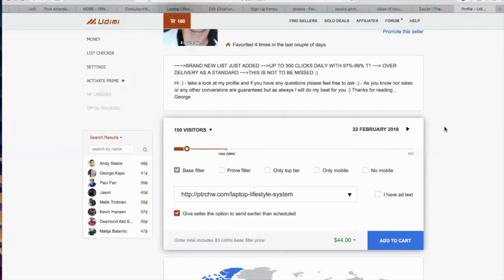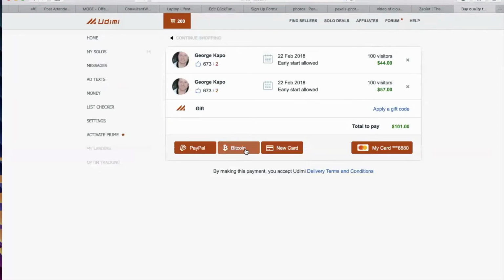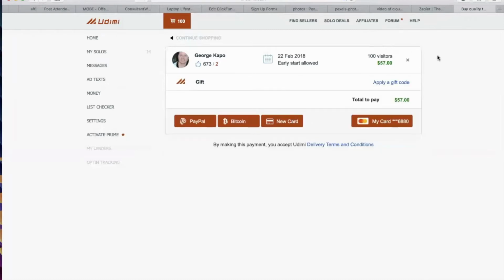Add to cart. So once you add to cart, you will just let it go through first. You will just need to pay by card or pay by PayPal, whatever it is. I'm not going to go through, right? So once this is done,